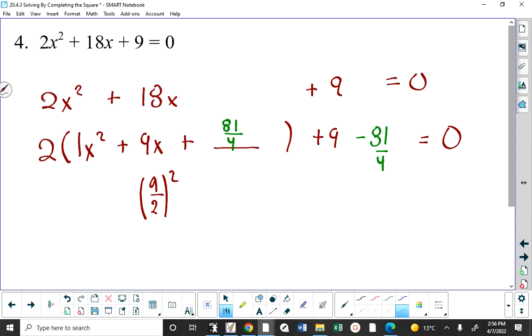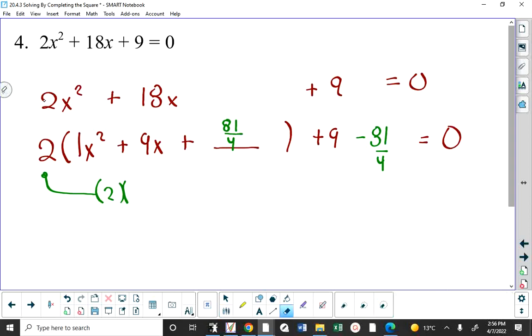And you're right. I have to multiply this by the 81 over 4. That's what I've really added by writing that in there. It's the one thing that's very easy to forget, that you have to multiply what you factored out by what you wrote in. And that gives us